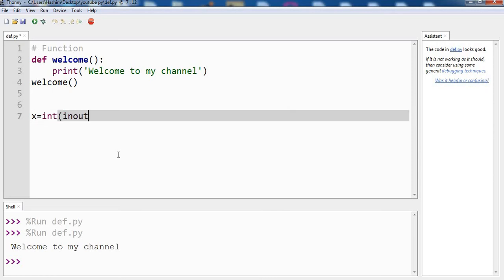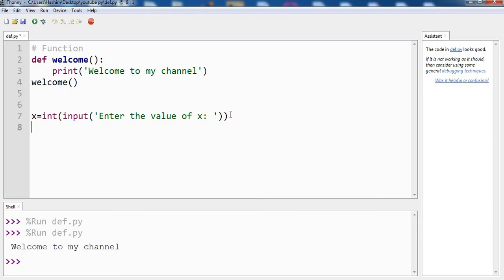Of course that means we want the user to enter the value of x. So x is equal to input, enter the value of x, and let's take any variable, a is equal to 2 into x double star 2.